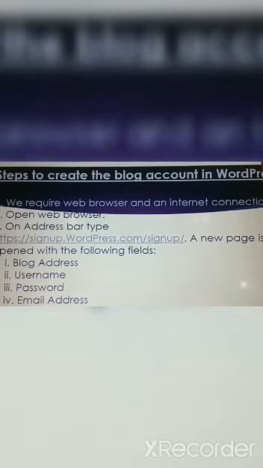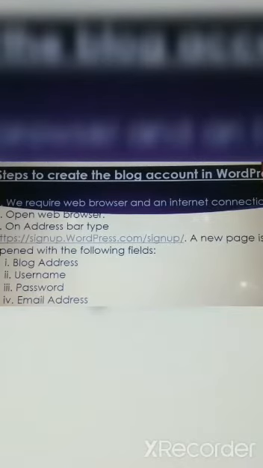A new page opens which asks us for the following fields: blog address, username, password, email address and language. After filling in all these fields, we need to click on the create blog button so that the blog is created.